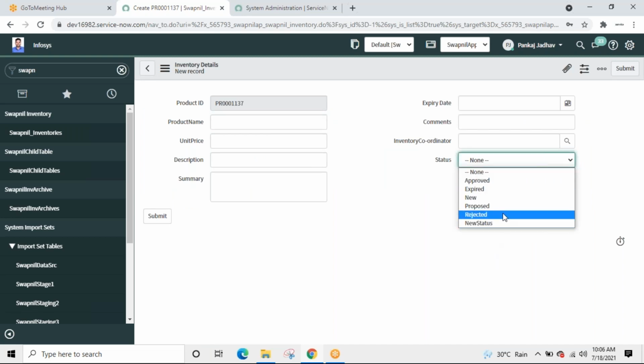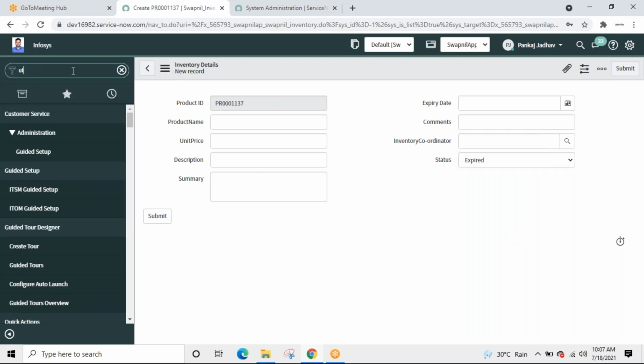So whenever someone marks the status as rejected, one should see a field called rejection reason. The person has to state a reason while rejecting the inventory. If the status is something else, that text field won't be visible. It would be hidden. Let us try to implement this.